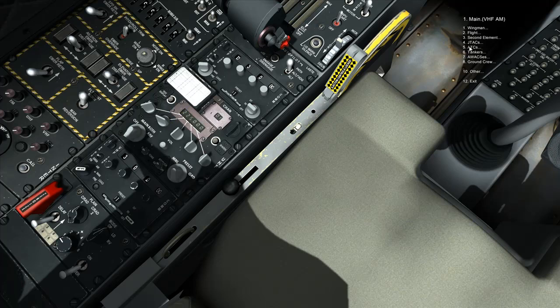Going to communicate with the tower, so it's option 5, which is ATC, and normally the tower that we're currently close to comes up at the top of the list. So we click on